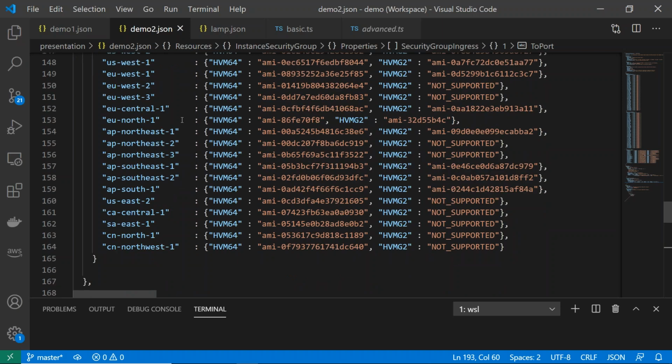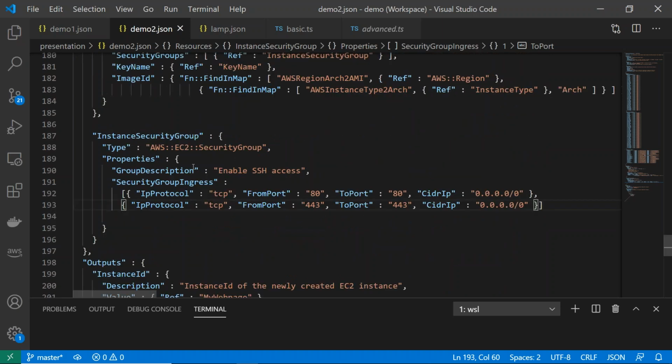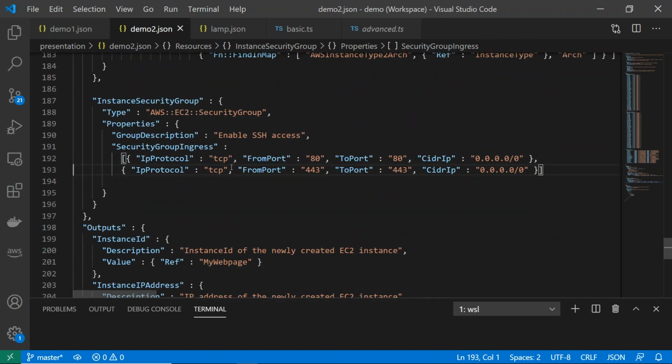So we'll deploy this. And you know what? I'm going to make a change. I actually do not want port 443 because I didn't set up SSL. So I'm going to delete that. All right. So I'm going to go over here to the stack. I'm going to create a new stack, a whole new stack. I could update this one, but I'm just going to create a new one. I'll talk about updates in a second.